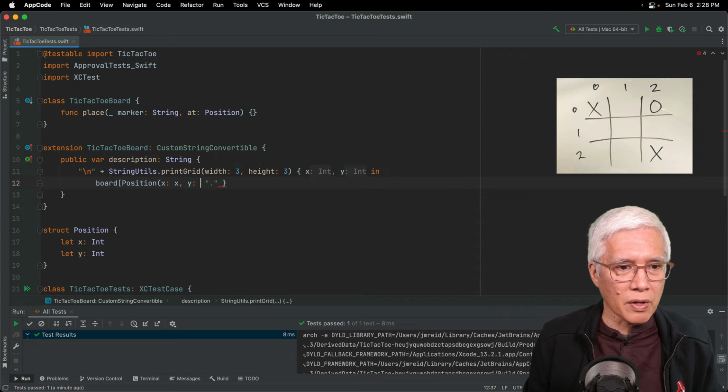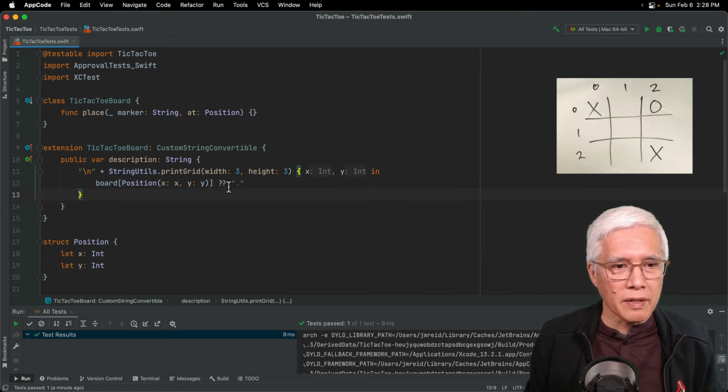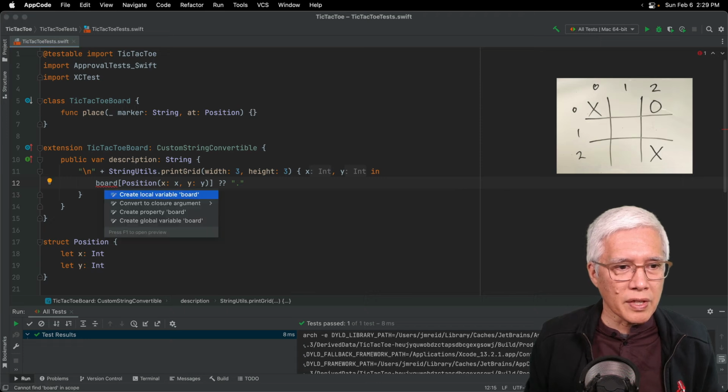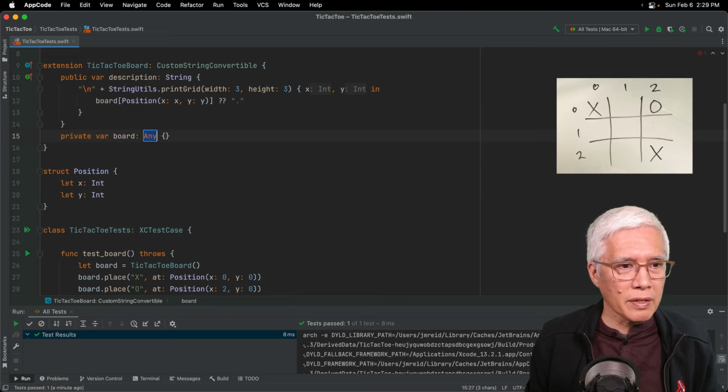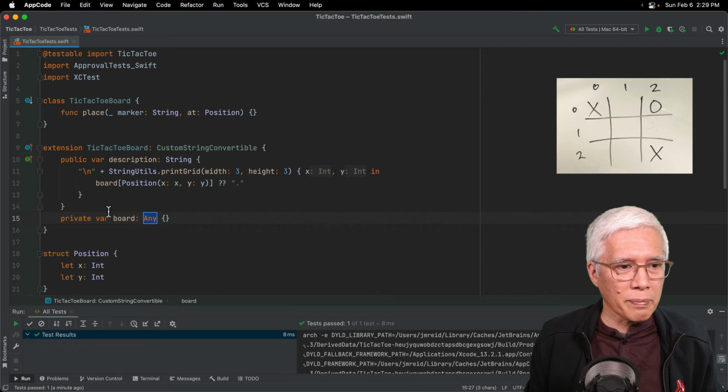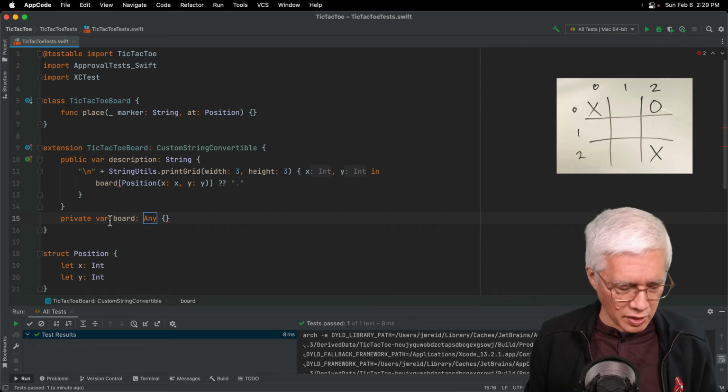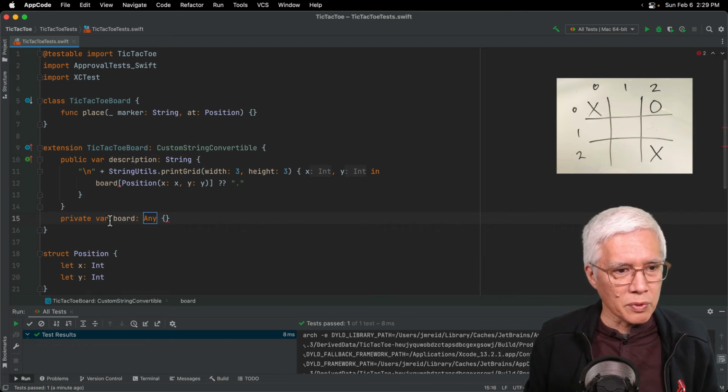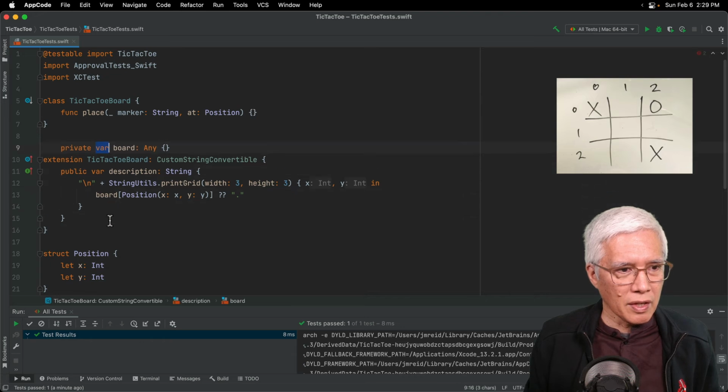X, X, Y, Y. And if that's not there, then I'll put the period. Now I can say, let's create this property. It tries to create a property, but it put it in the extension. So let's move this up.